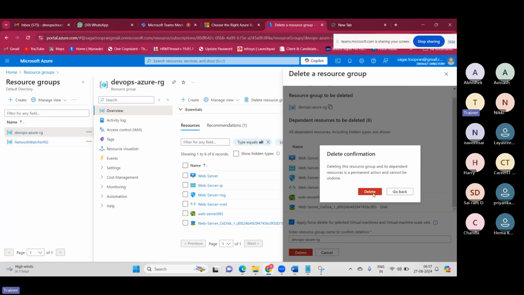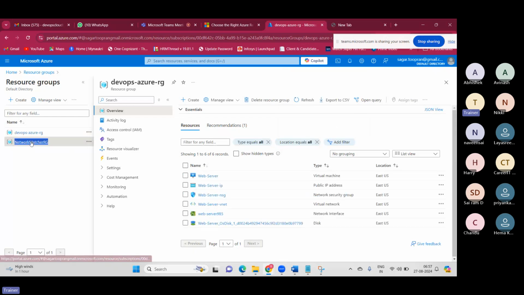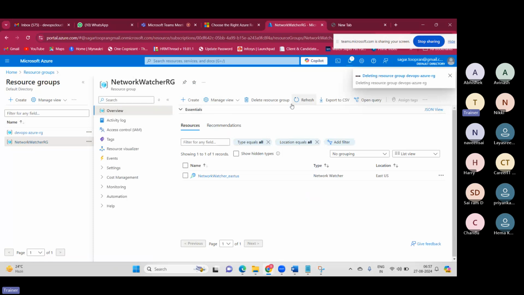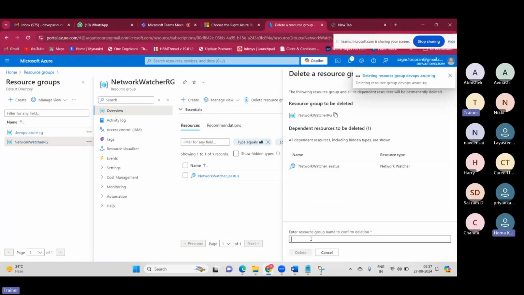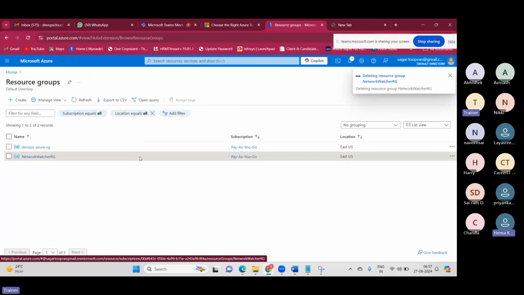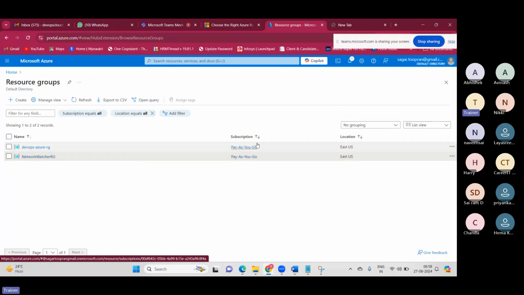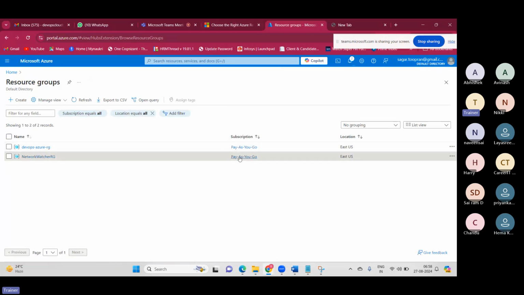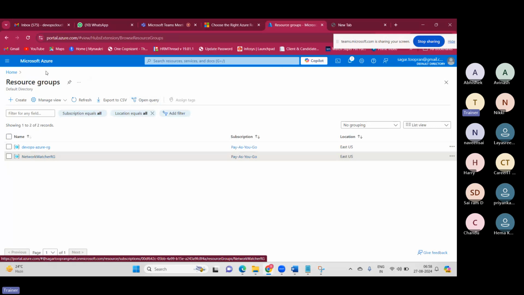It will delete the entire machine details. In the same way, whatever network it created, delete the network. It will take a certain time. It will delete in the backend. Click on delete resource group and delete. So when you see the resource group tab, it should be empty. If your resource group is empty, that means you're not being billed for anything, and your subscription should show as free tier. If you give a name while creating, give a proper name, but by default it will come as free tier. If you create a free tier account, it will come as free tier. So make sure once you complete your activity, go to the resource groups tab, search for resource group, and